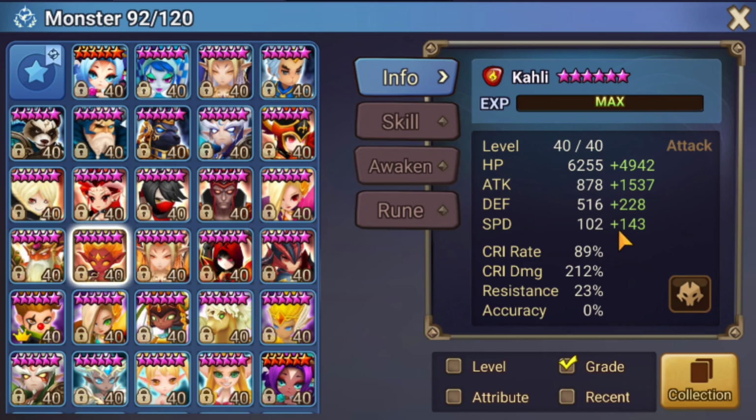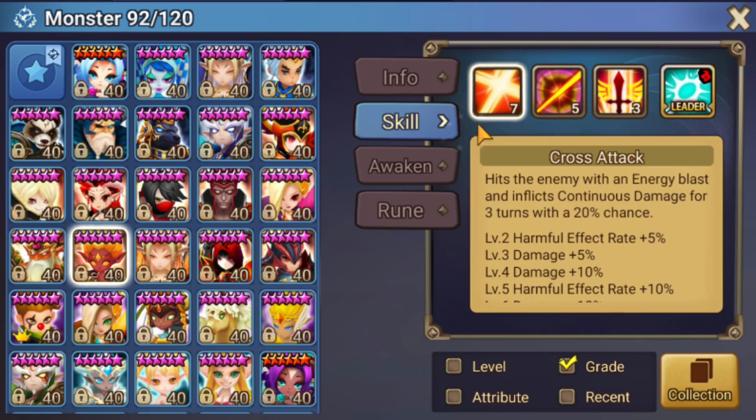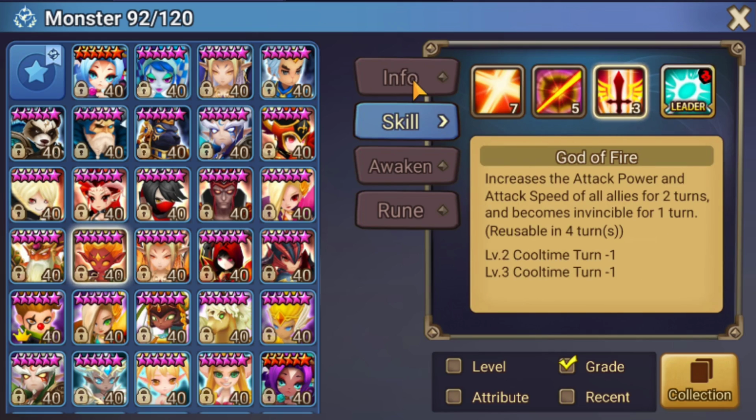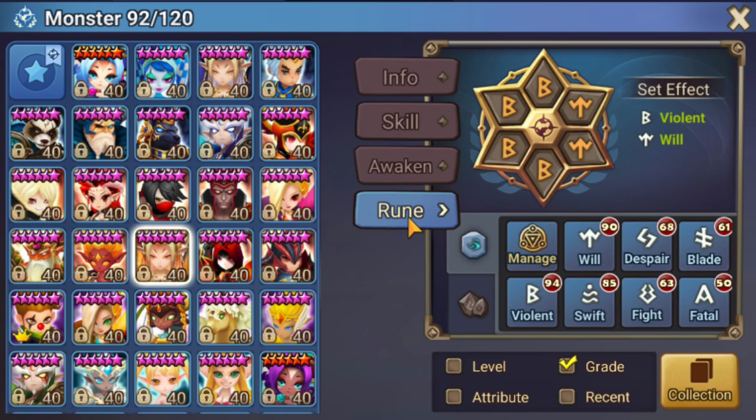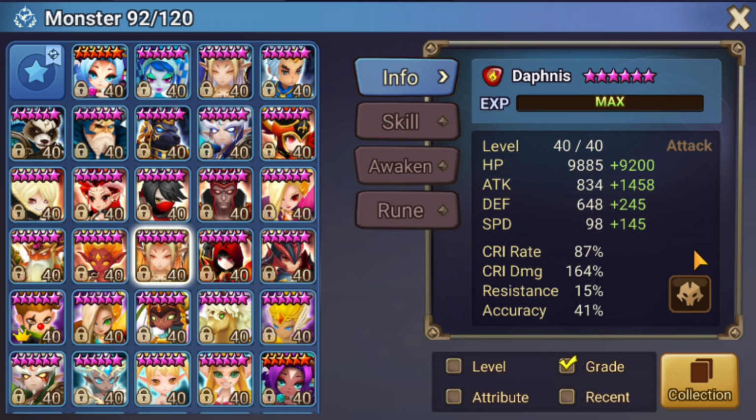Super, super fast. If you watched any of my RTA videos, Kali acts as two purposes. He is a first turn snipe unit, or he is an attack buffer with right here, God of Fire. He has two purposes and you can use him in different drafts. Very, very flexible. I still have my Daphnis runed, Vaunt Will, but you haven't seen him being used in the